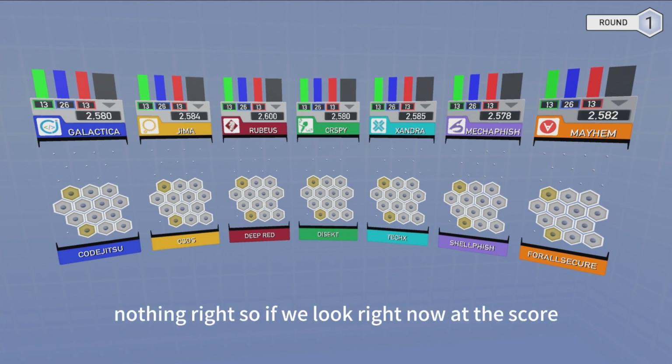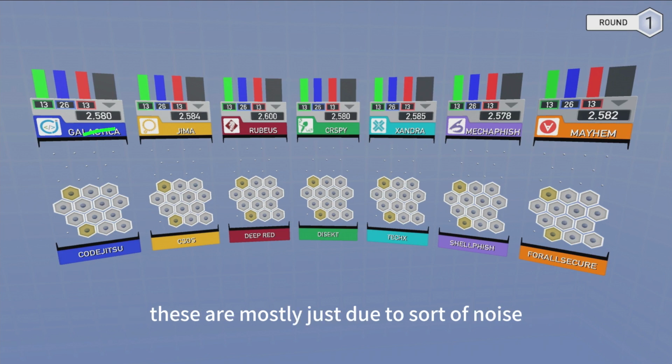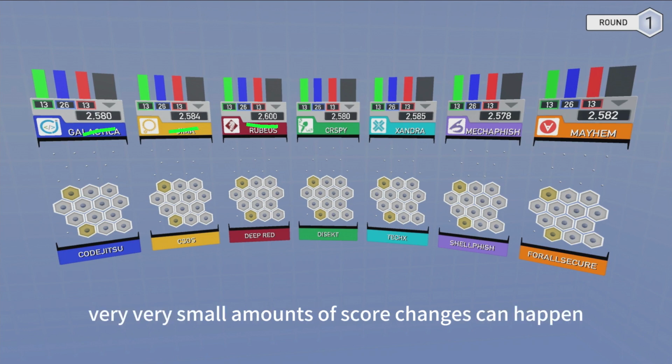So far, nothing. Right. If we look right now at the score, there's some very small amount of differences in terms of the score. These are mostly just due to noise and the fact that there's a lot of load in the services, a lot of things running. Very, very small amounts of score changes can happen. But essentially,